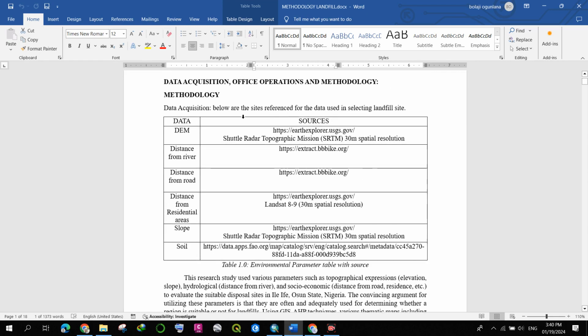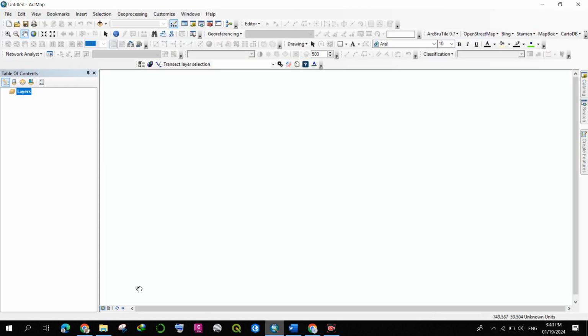So now, if you go to your Earth Explorer and want to download the digital elevation model for Ile-Ife, you notice that there are some parts missing, right? Look at the southern parts. It doesn't cover the entire area. So in that case, let's forget Earth Explorer; we want to use Google Earth Engine. Like I said the other time, the first thing you do here is